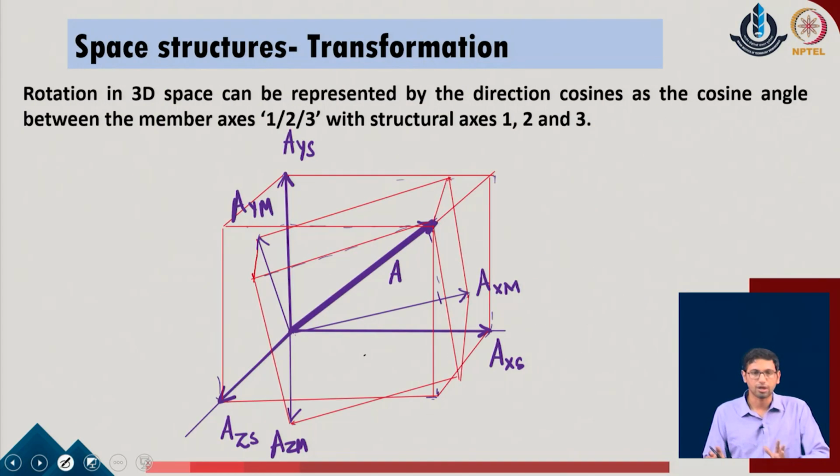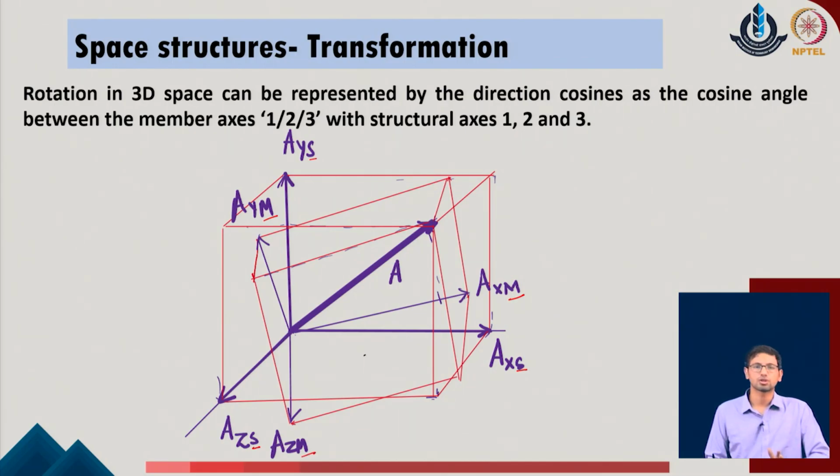So, when we look at them together, we are actually dealing with a problem like this, where there is the same vector term. It could be represented in the regular structural system, say the x, y and z directions along the structural system, which is represented by the superscript s, or we can also look for a system which is located along a different coordinate system, but for the same problem or the same element, and that is associated with some member coordinates of the given system.